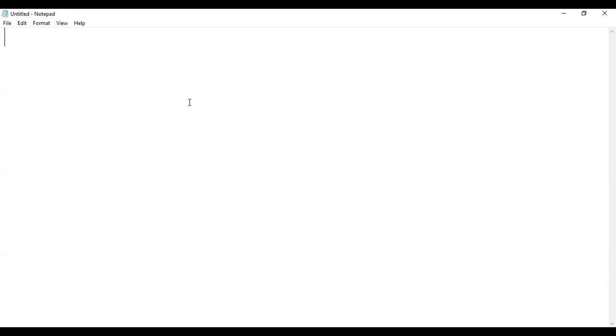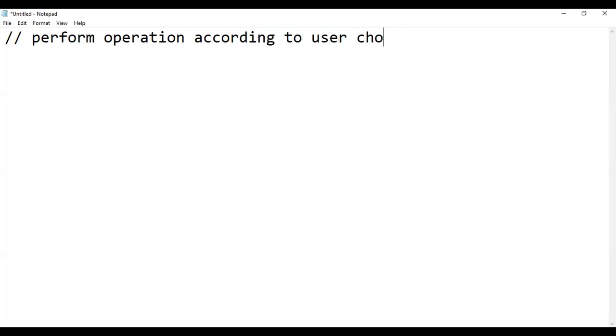So now firstly, we write a comment: perform operation according to user choice using switch statement.